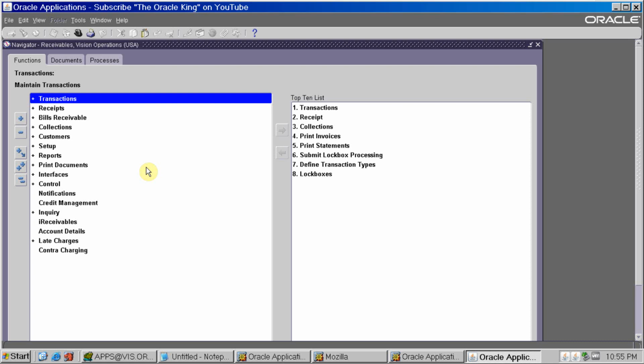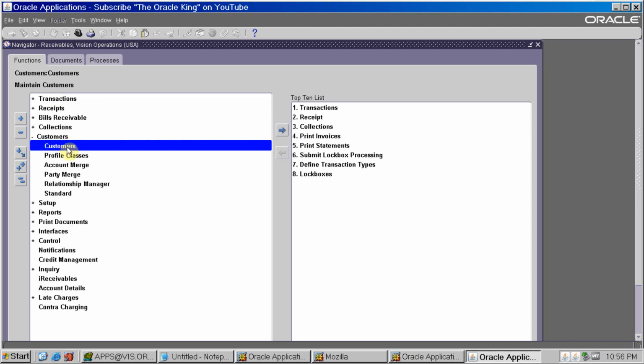So when you define a customer for each category, you can link this profile value. It will be linked to that customer through the profile class. This is the main purpose of the profile class, so you don't need to give the value at the customer level again and again. You just link the customer profile based on the customer category, and it will be auto linked. So let's go to create a customer profile.